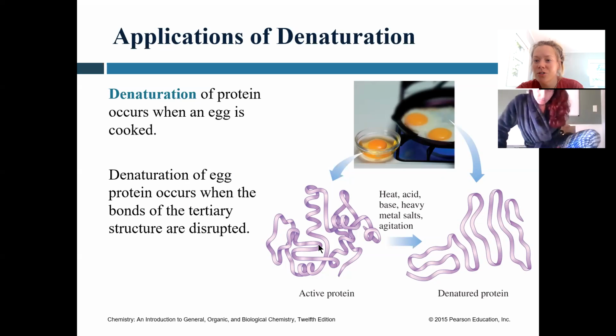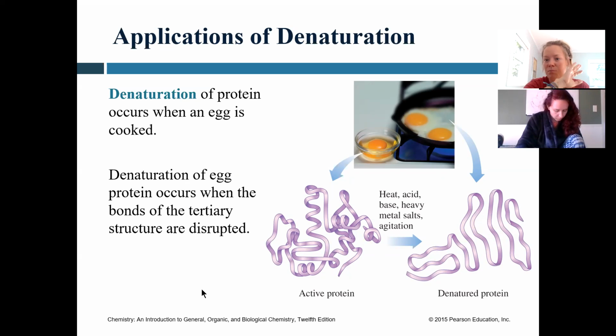The thing with denaturing a protein is you can't go back, right? I can't take this cooked egg and make it uncooked again. So denaturization of a protein, breaking apart those secondary, tertiary, or quaternary structures, changes it for life. So heat, adding an acid or a base, heavy metals and salts can do this, and then also